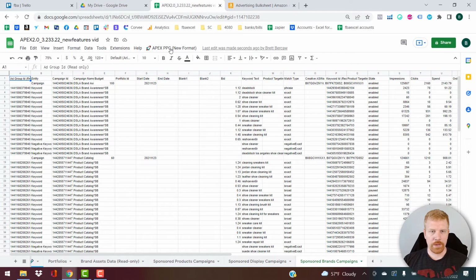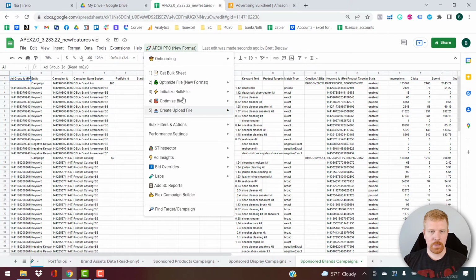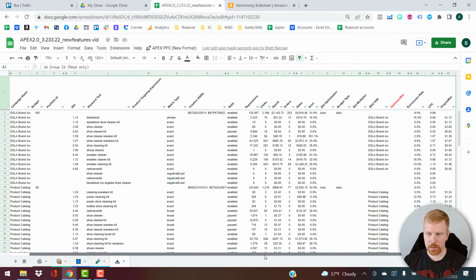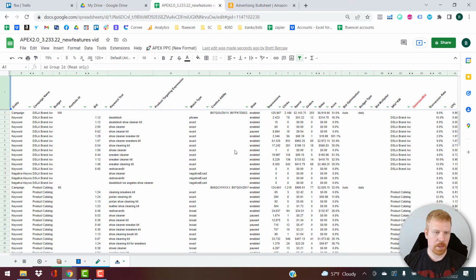All right, and then same deal. Once that gets imported, just go up to Initialize Bulk File, click Sponsored Brands. And then once that finishes, you'll notice it's a very familiar format. Looks very similar to sponsored products. The columns are all, for the most part, the same. There are a few differences, like there's no SKU column in this sponsored brands version,